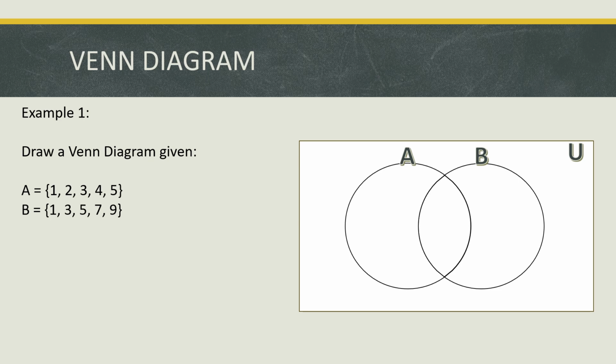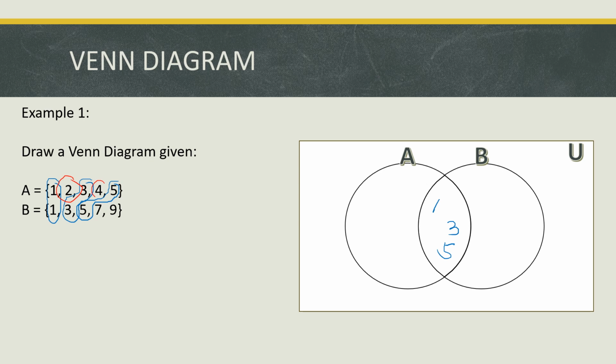The first thing that we need to check are the elements that they have in common. So what are those elements? We have 1, we have 3, and also we have 5. So these elements will be written inside the part where they overlap, which is 1, 3, and 5. You can write anywhere on that part. And the remaining